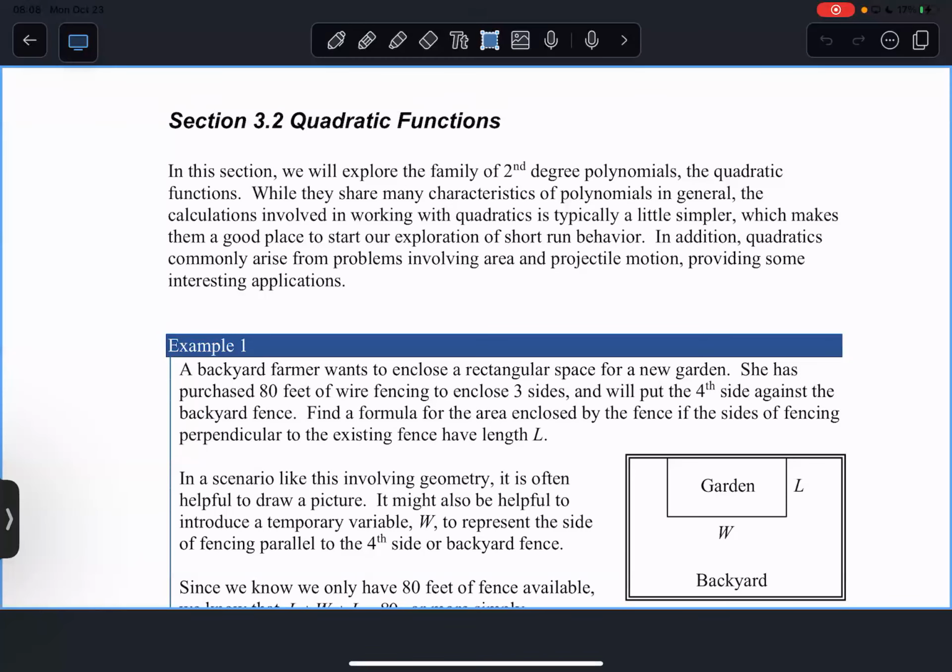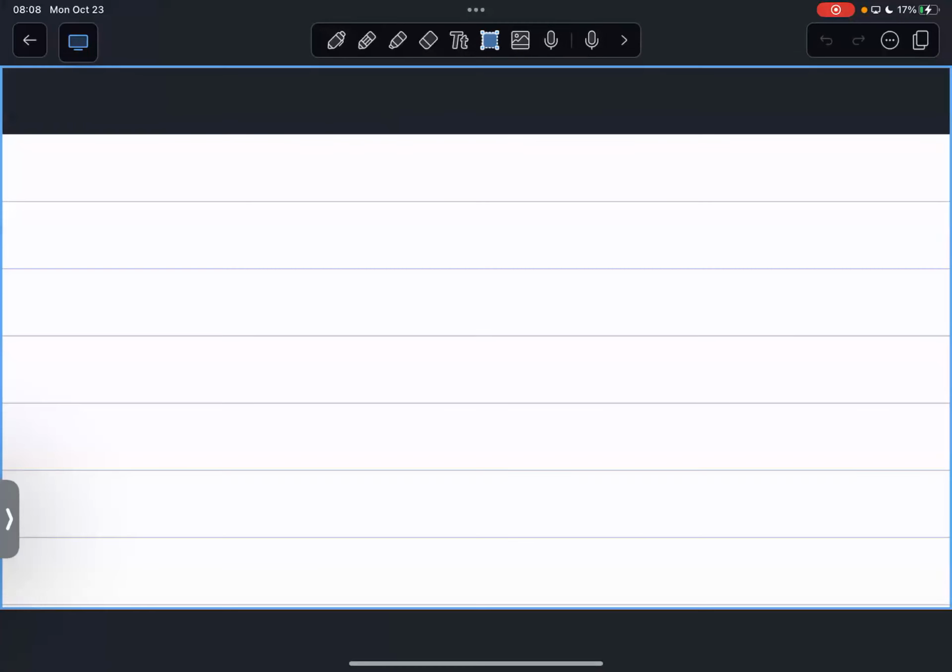All right. So last day we talked about, we introduced polynomials, right? And we talked about the end behavior of polynomials. And then we said, well, now let's take it back a step and let's just talk about polynomials of degree 2 for a little bit, which are quadratic functions. Okay, so I guess not much of a review, but we introduced polynomials. Polynomials are when we have multiple terms of different powers. And so today